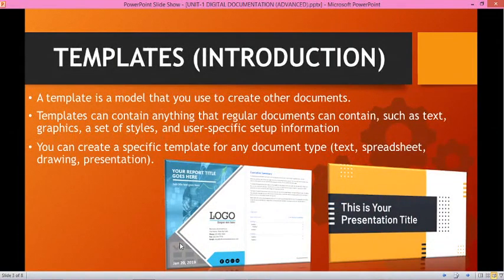Here we have a brief introduction regarding templates. As the comprehensive explanation is already given there on the screen, let's read that. A template is a model that you can use to create other documents. Templates can contain anything that regular documents can contain, such as text, graphics, set of styles, and other user-specific setup information. You can create a specific template for any document type, that is, for text, spreadsheets, drawings, as well as